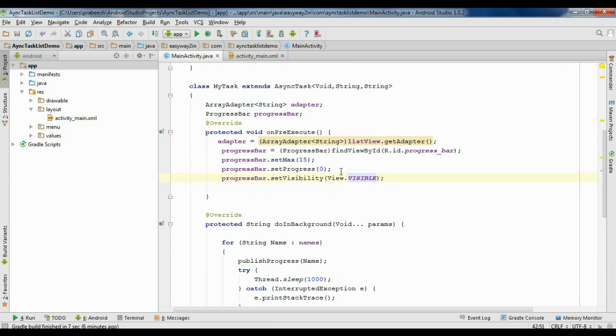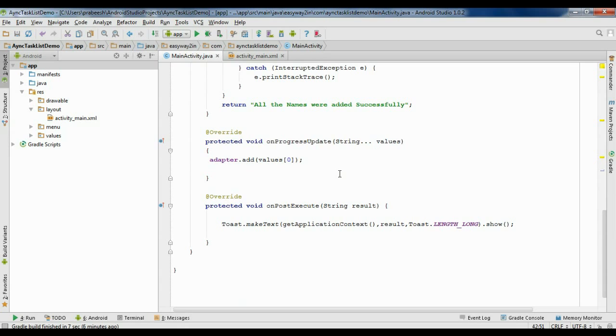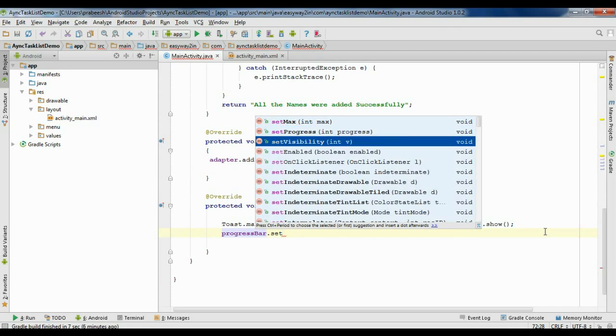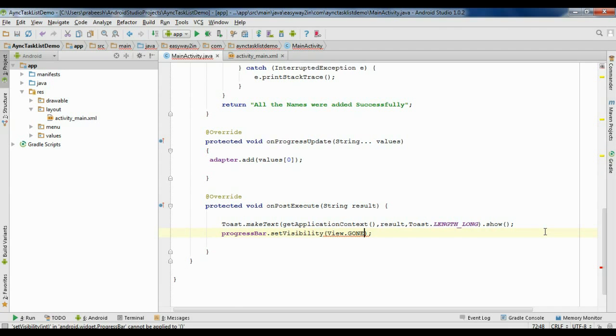Okay, and after finishing the background job we have to hide the progress bar. So inside the onPostExecute method I have to hide the progress bar. So progressBar.setVisibility to GONE. This will hide the progress bar. Okay,